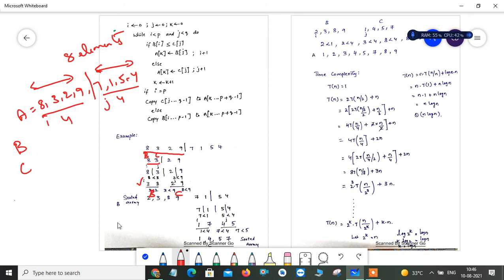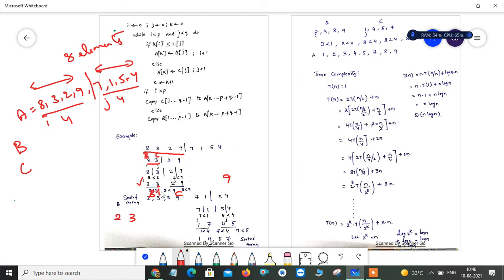So what do we have to do? We have to copy 2 into array A, right? So then you can increment this position. So now you get 9 here. And here you are not incrementing your i according to your algorithm because this is not smaller. So now 3 is compared with 9, right? So then what's happening? 3 is less than 9. So you can copy the i value into your array. So now you can increment your i position by 1. So you are getting this position.